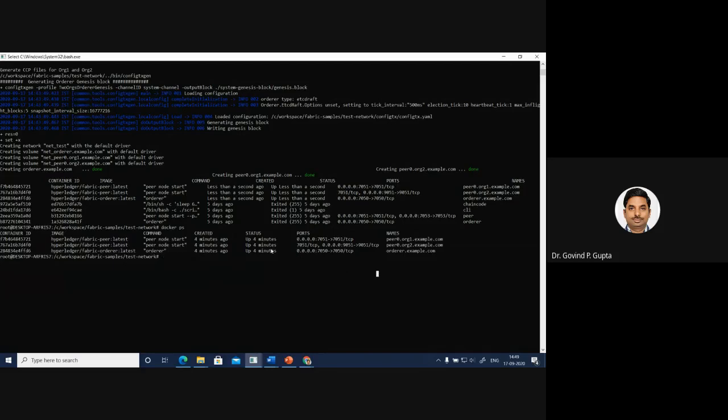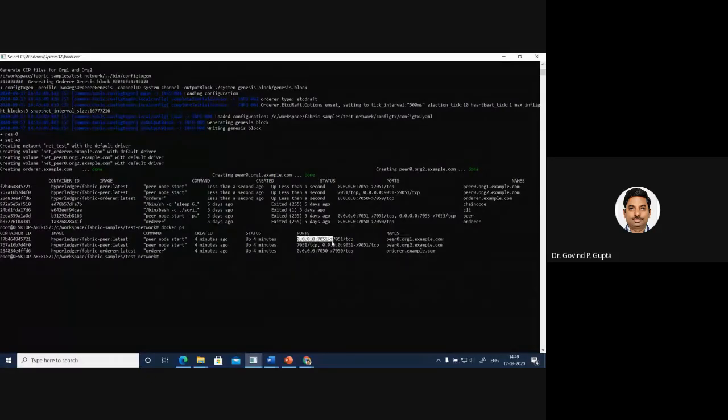Now see, when they are created, what is the port number they are going to listen on? If you are going to deploy your blockchain network in real-time deployment, you have to set the port number through which each peer listens for communication. So before starting Docker, I have set the port number.